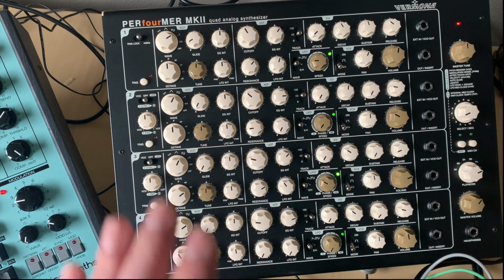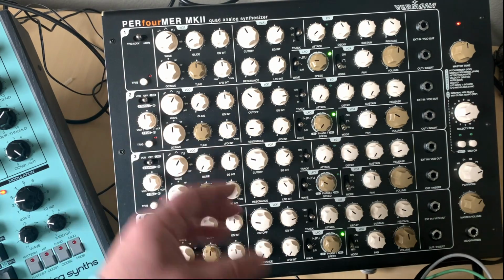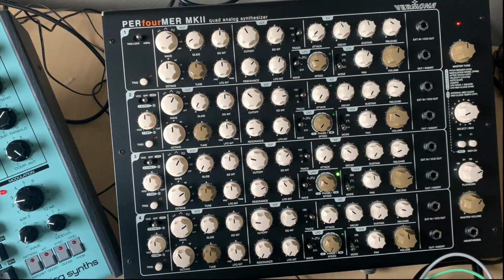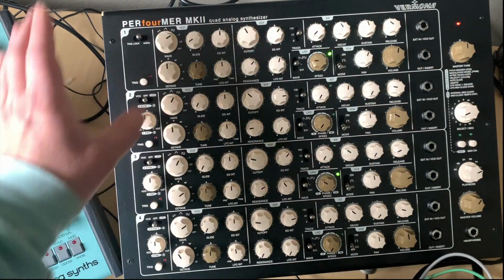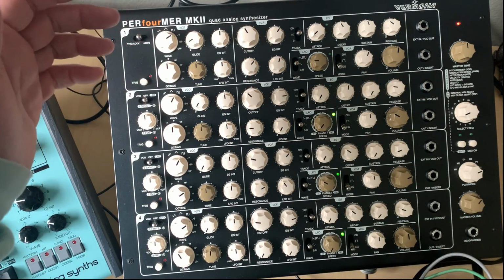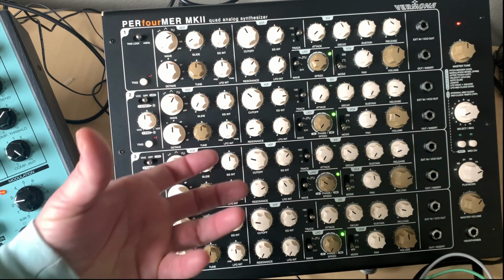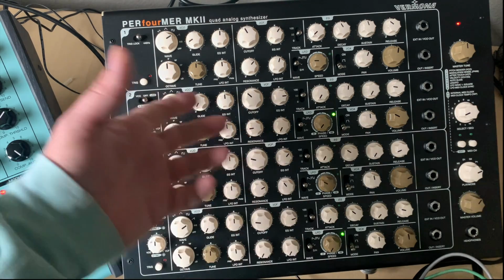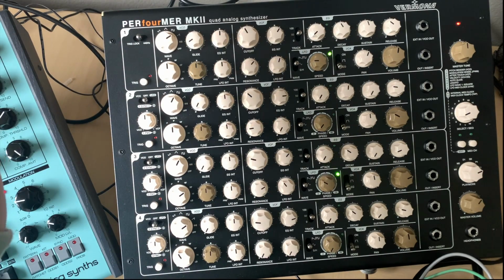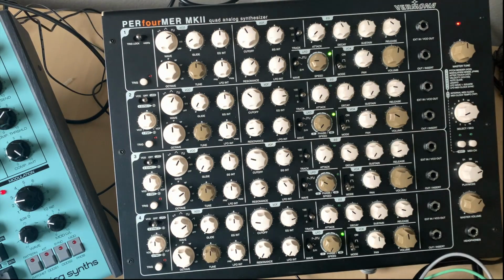It is an easy thing for a beginner to pick up. I wouldn't say easy for a beginner, but compared to a lot of the other stuff, right? If you tell a beginner, look, if you figure out this part, you'll figure out the rest of it. If you figure out just one strip, you'll get the rest of it. And there's just not a whole lot to get lost in here. There really isn't. Super simple, but it emotes so much. And right out of the box, when I started playing with it and got the sequence going, I was like, yeah, this is fantastic. And it just kept getting better and better. And it got super awesome